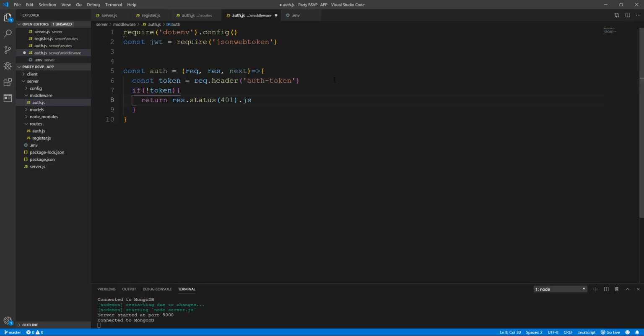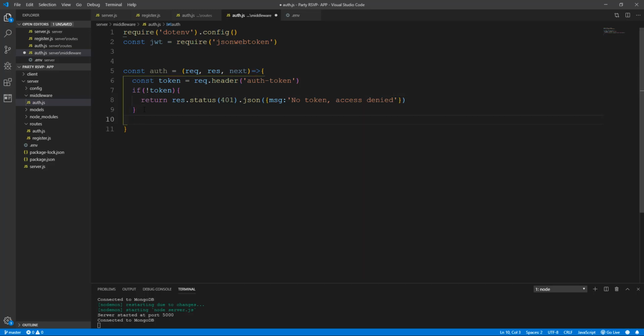Okay, and here we are going to do JSON and msg maybe, no token, access denied maybe, I don't know, no token, access denied. Okay, so if there is no token, if there is a token, then what we want to do